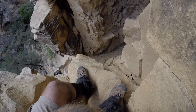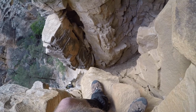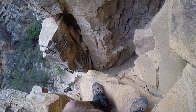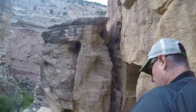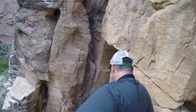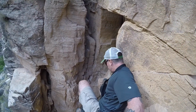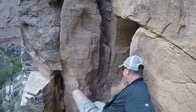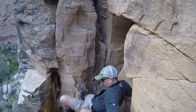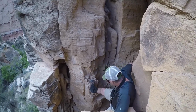All right. So we're looking at this down climb right here, and it's not that bad really. It's just a little daunting to get from right here. It's just a mere few feet, but it's enough to get you shaky. Right? So what I'm gonna try and do is get my butt down a little lower, stretch my legs out. Leg to that one right there. Get my palm on that. See how you can get your foot right there? Palms down to that. Okay, that's perfect. Once you can wedge into that,